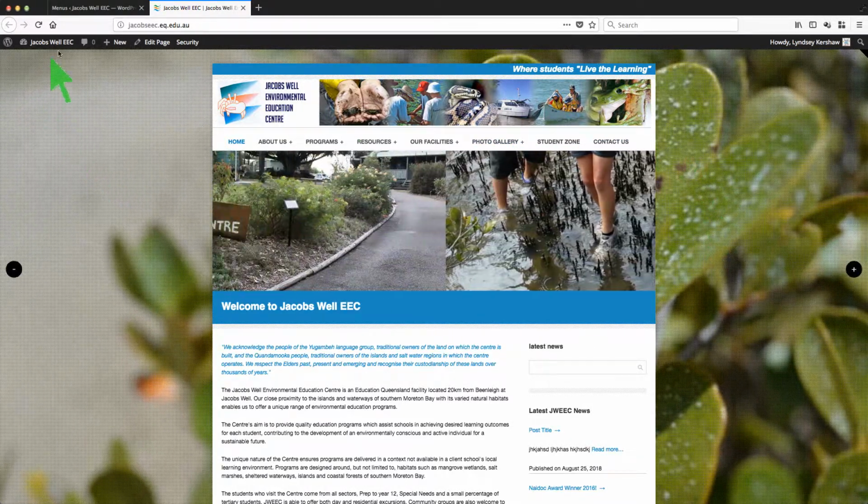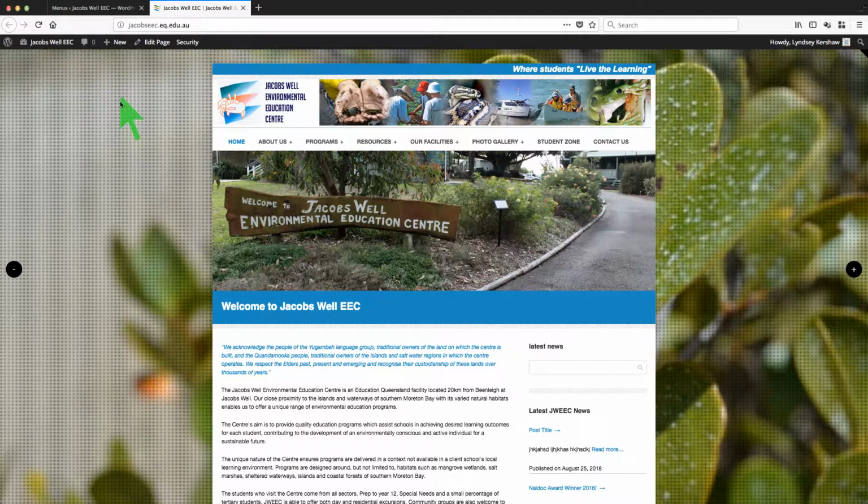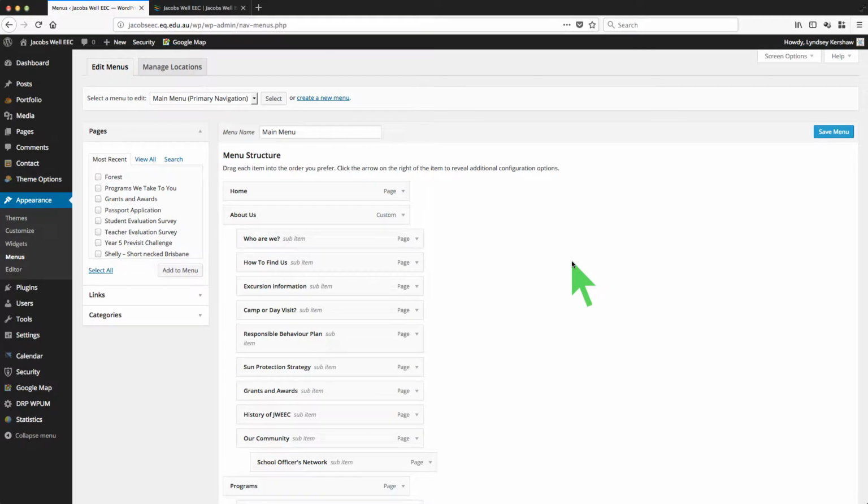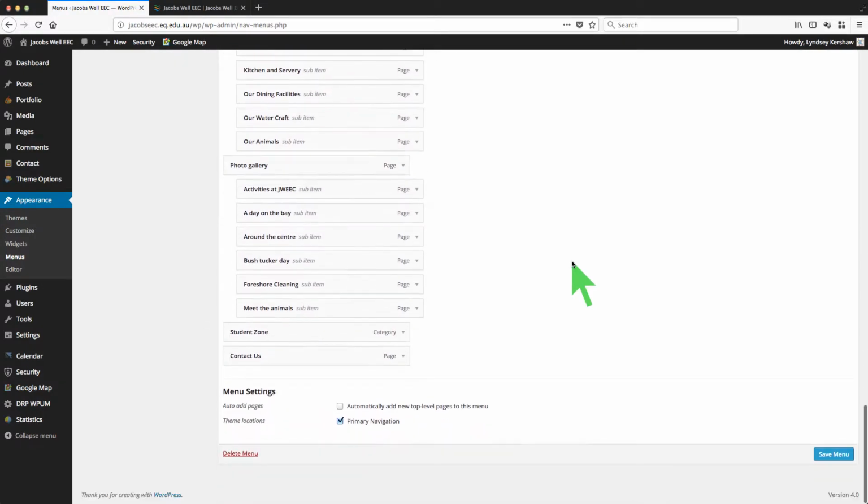Okay, so let's have a look at adding a new page. Oh, by the way, I almost forgot. I just wanted to point out something here. Back on the menu page, right at the bottom, you see there is this control here, automatically add new top level pages to this menu. Almost never would you have that